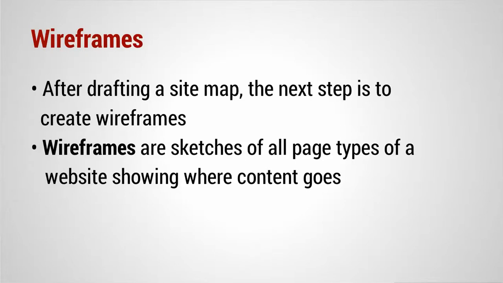So let's move on to wireframes. I want to introduce the concept of wireframes and talk a little bit about how you make them. After you draft the sitemap, the next step is to create wireframes. Wireframes are sketches of all the different page types of a website showing where the content goes. They're called wireframes because you basically just take a piece of graph paper and you draw out squares representing all the different content of